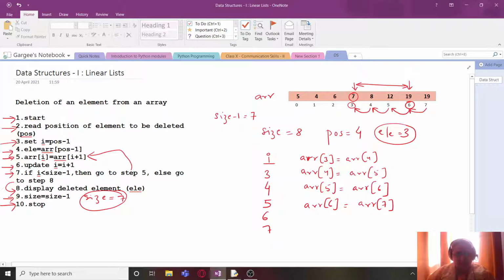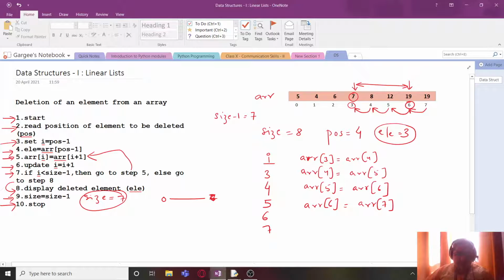So we only display elements starting from 0 to the last index. So here it will be 0 to 6, and in that case all the elements till here will be displayed, and the last element is considered invalid. It is not physically deleted from the array, but it is considered as logically deleted.